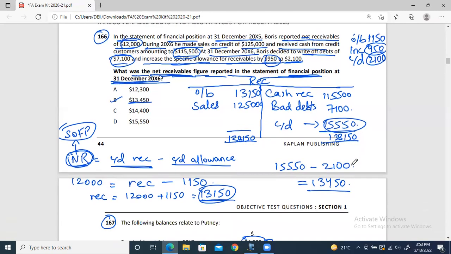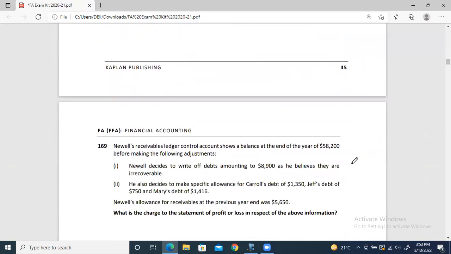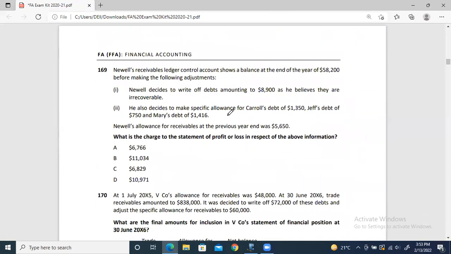Okay, so this is question 169, let's do this one. What is the charge to the statement of profit or loss in respect of the above information? Whenever it asks you what is the charge, we have to make a bad debt account in such a scenario, because charge basically means the expense. The only expense in this receivable chapter is bad debt, and we include the increase and decrease within this